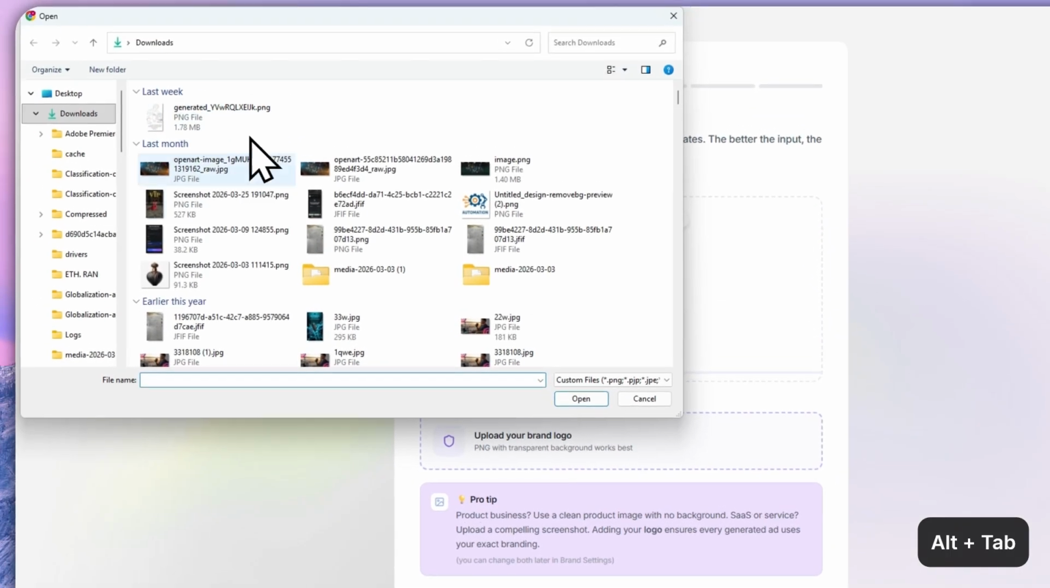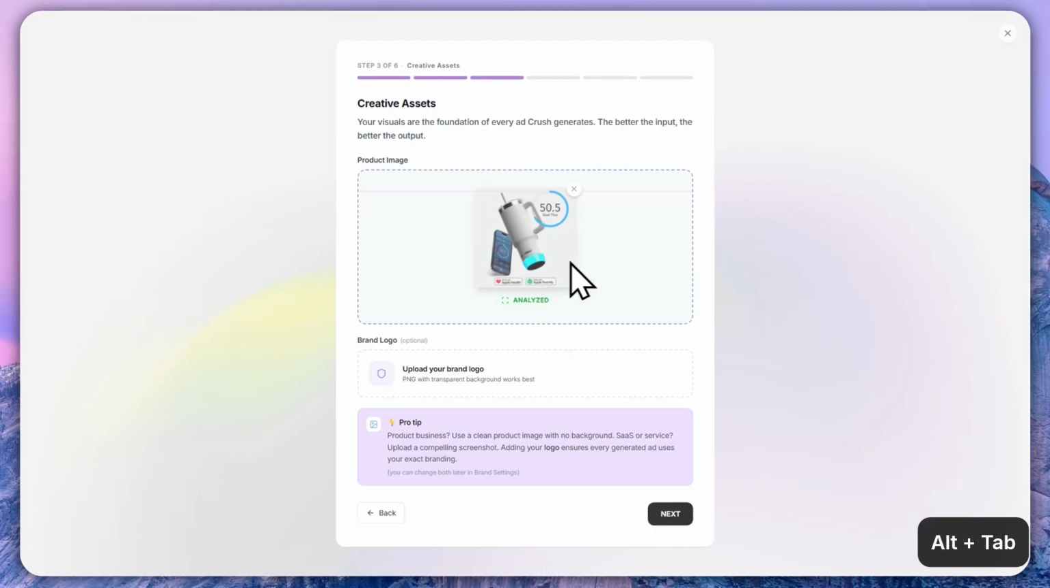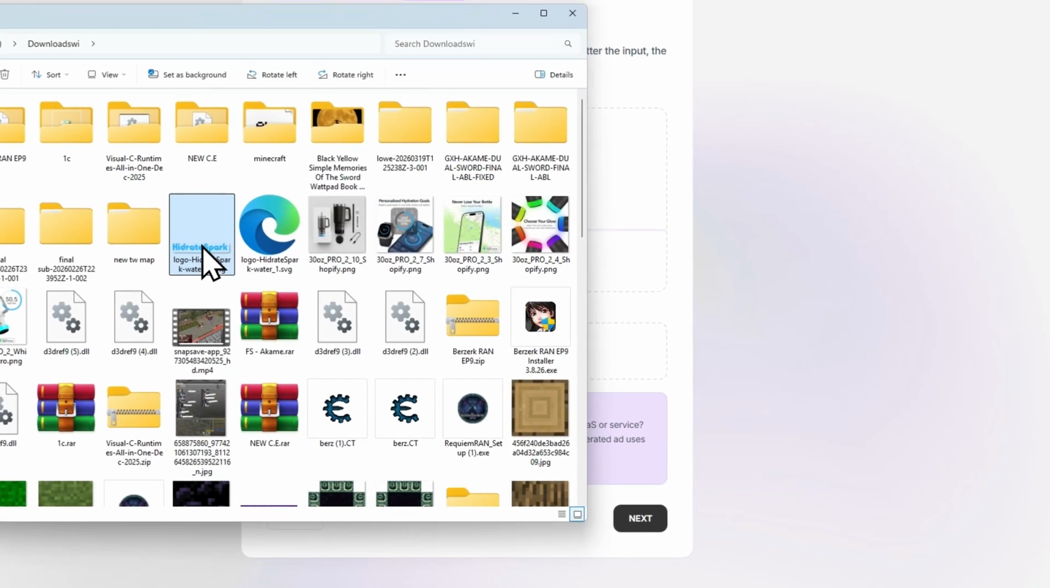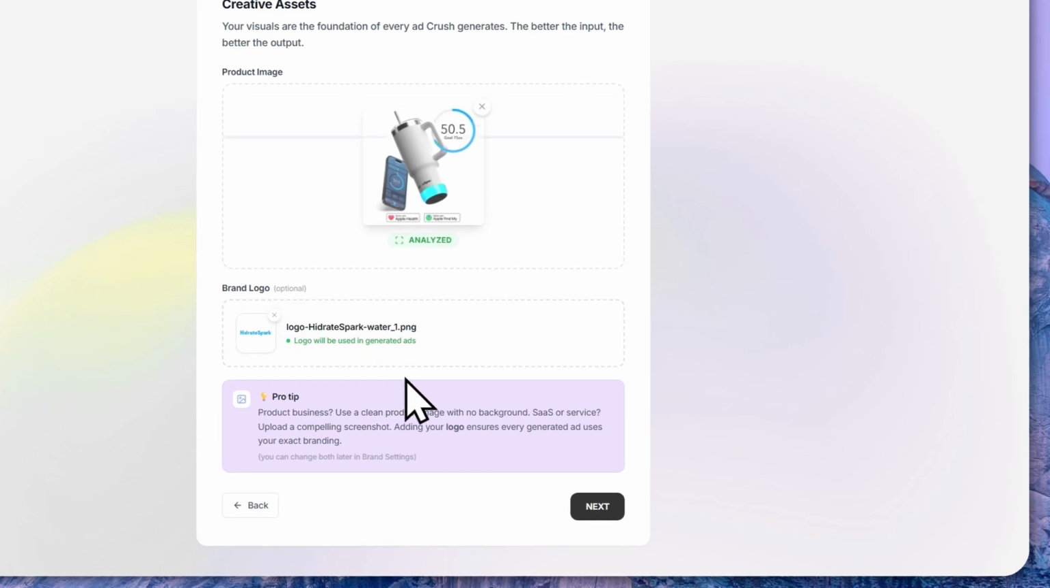You can click on that, and then you'd be able to select it from here. Or you could just simply drag and drop, just like what I did in here. So I'm just going to drag and drop this. So here's the logo, and drop it here. There it is. And next, you can click here on the next button so that we can proceed